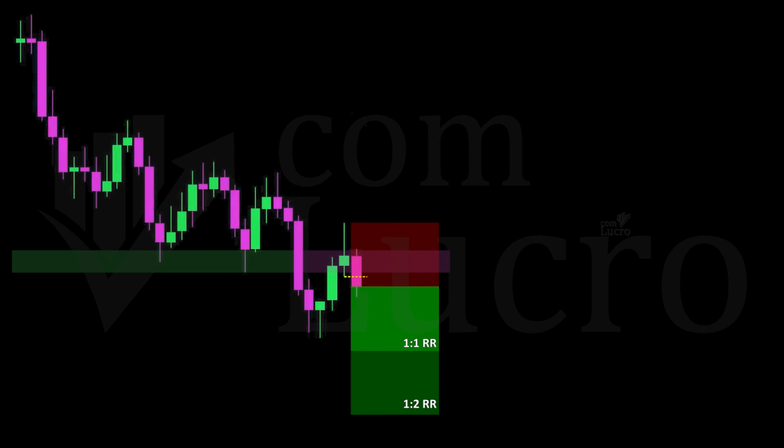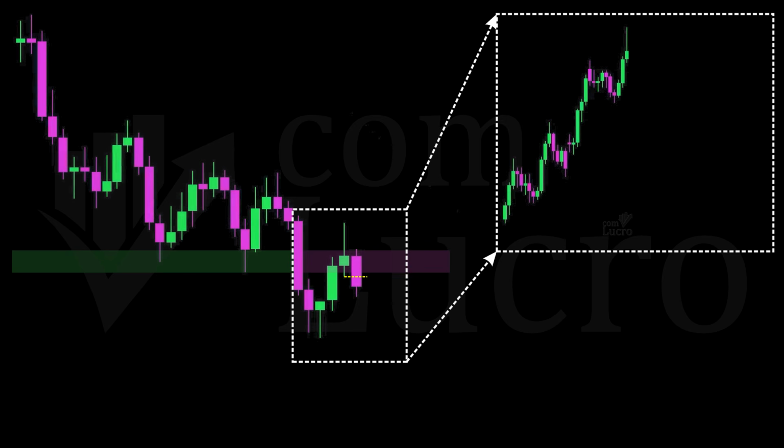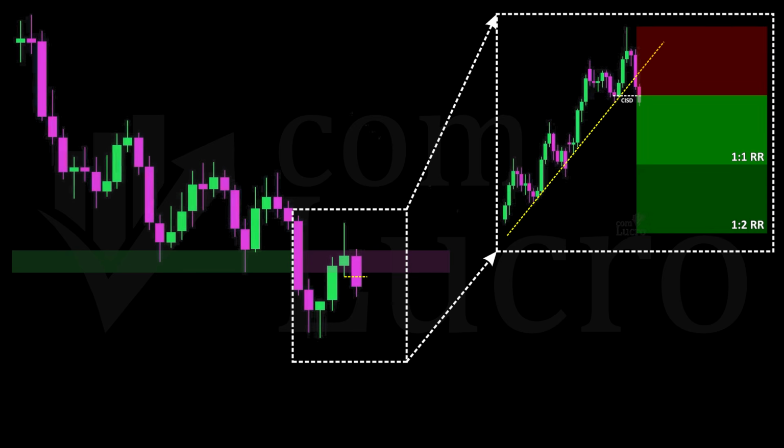For a more precise entry, zoom into the 5-minute chart. You should see a small bullish correction, a short-term uptrend against the main downtrend. Draw a trend line across the lows of this move and wait for a break below it. Once it breaks, you can enter a short position, place your stop loss above the recent swing high, and set your first target at the previous swing low. This setup shows that the short-term pullback has ended and the price is ready to continue downward with the overall